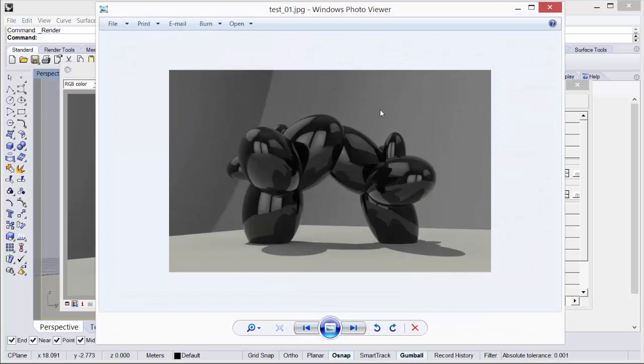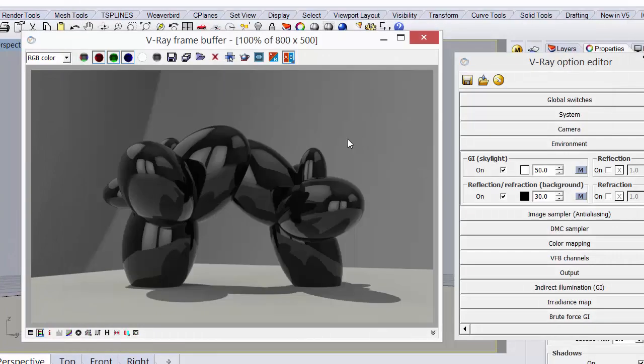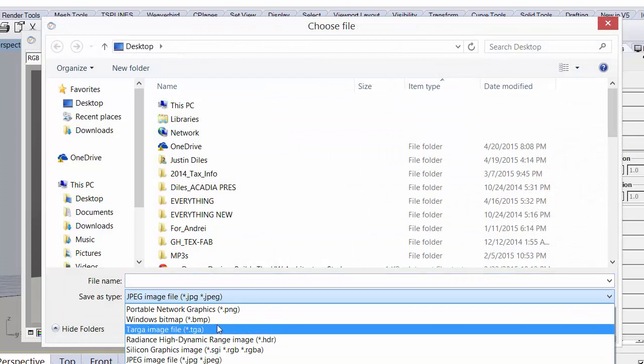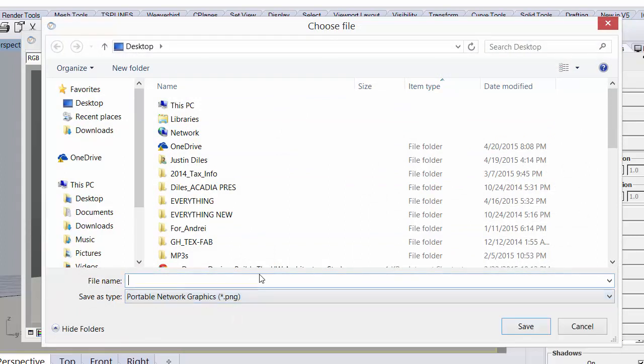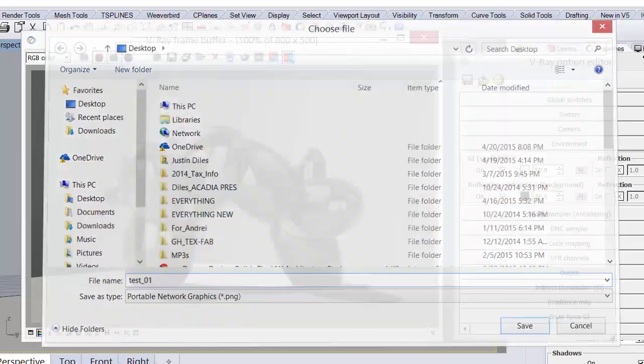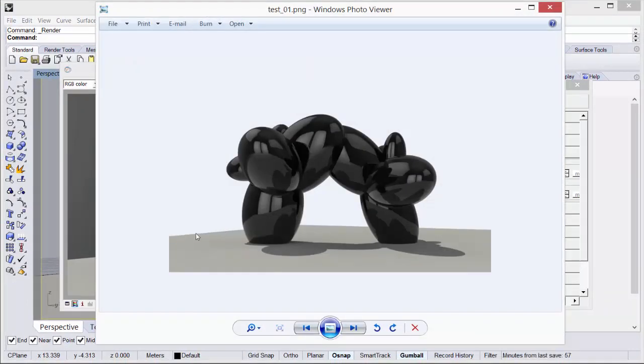And so if I open that object, I'm going to see the image and I'm going to see the background. So this is the HDRI file in the background. However, if I save this as a PNG file, for example, and a PNG file is a file format that can have an alpha channel, it can have transparency, I'll call this test01, and it's test01 PNG now. If I open this, there's no